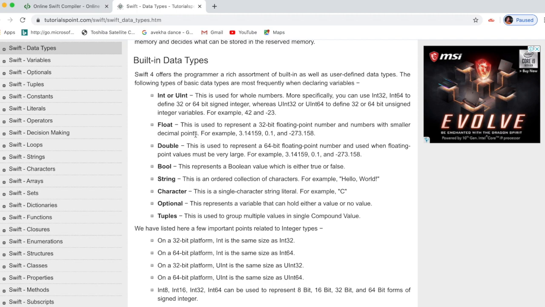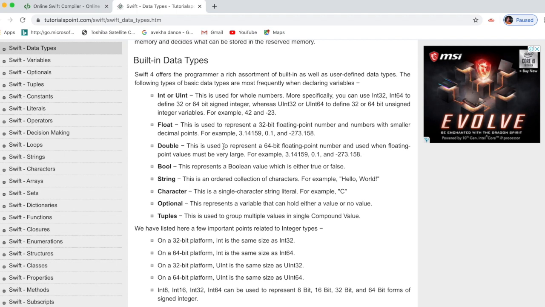Next, float. Float means like 3.14 or -273. That is all floating point. The next is double. Double means something like 3.1415. This is a 64-bit floating point.